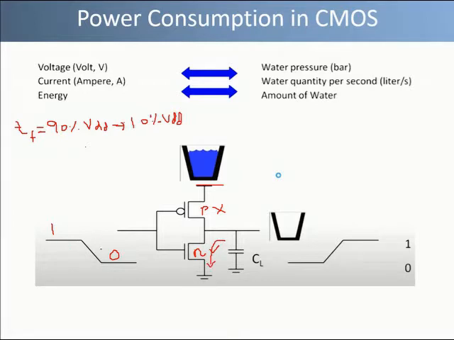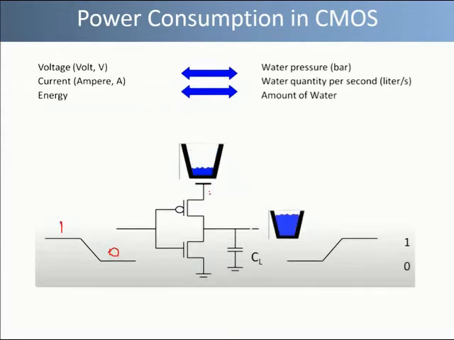Now when 1 to 0 transition has taken place, the PMOS transistor is switched on in resistive mode, whereas the NMOS transistor is in cutoff mode. So the voltage from VDD line charges this load capacitor. From this discussion so far, we must understand two important things.